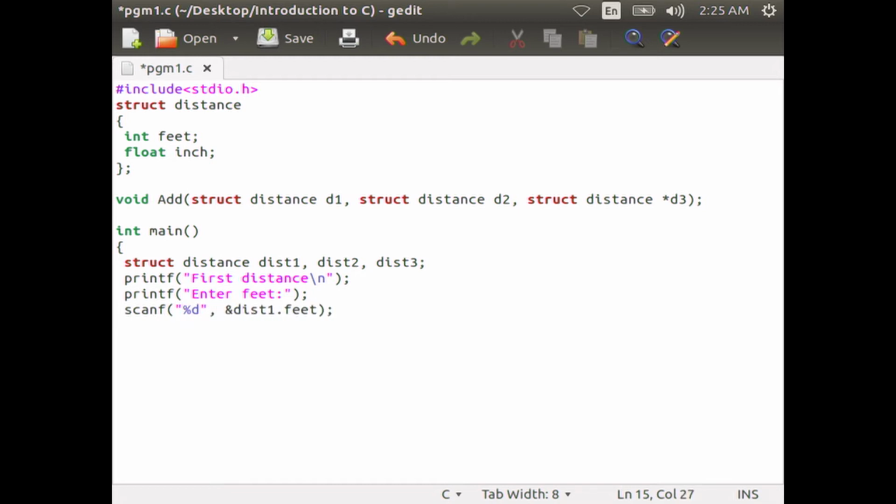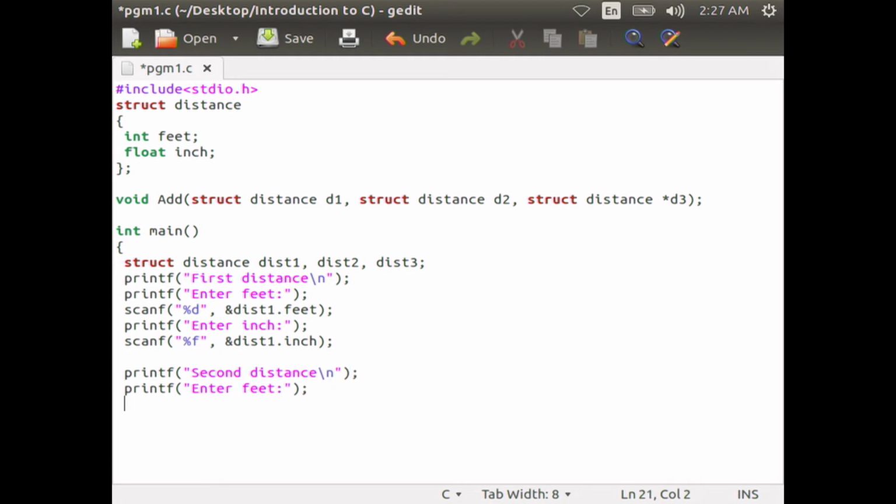dist1 dot feet, then printf "enter inch", scanf %f ampersand sign dist1 dot inch, printf "second distance", printf "enter feet", scanf %d ampersand sign dist2 dot feet, printf "enter inch", scanf %f ampersand sign dist2 dot inch.